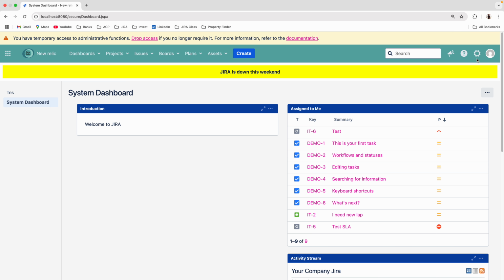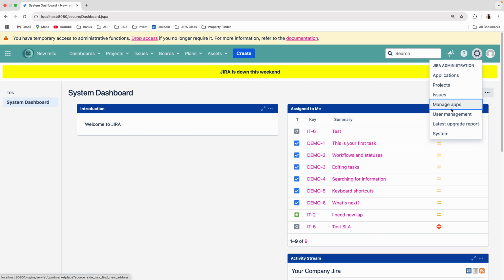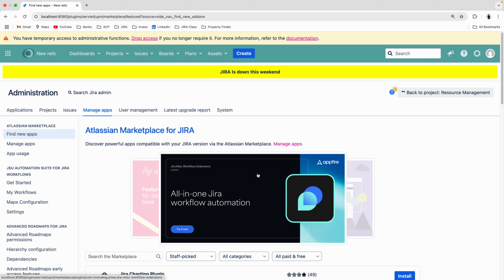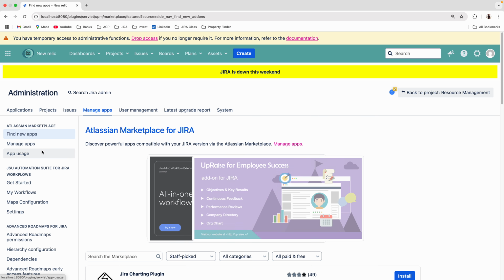Okay, so first of all we need to separate it. For example, I have 20-30 plugins we are using. Sometimes the issue will be caused by a plugin, any plugin, and we don't know which plugin is causing the problem. In that case, first of all I need to see whether the Jira performance issue is coming from the plugins or from Jira itself. We need to separate it, which means we need to start Jira in safe mode. Okay, if I go to manage apps,